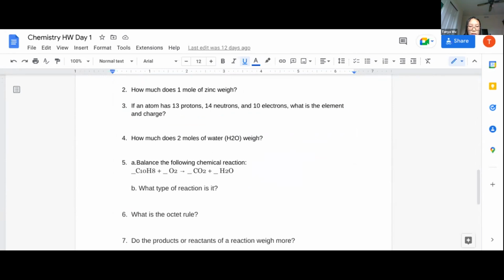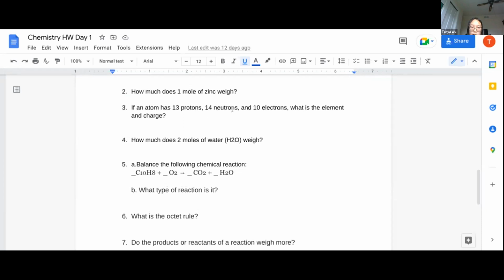Okay. If an atom has 13 protons, 14 neutrons, and 10 electrons, what is the element and its charge? So,